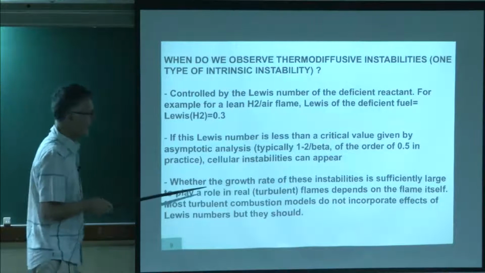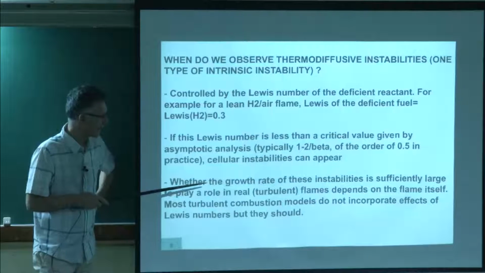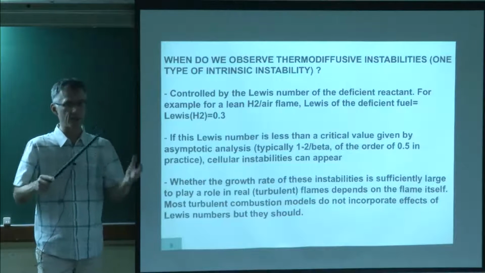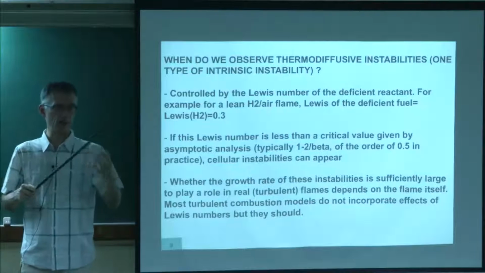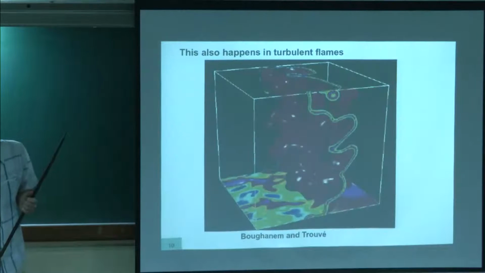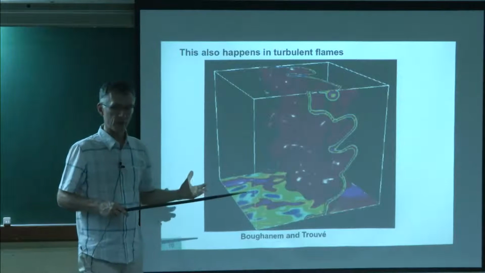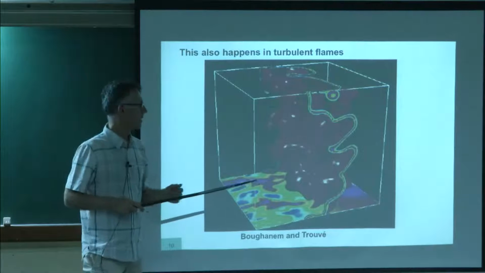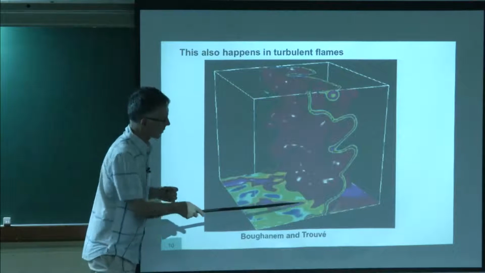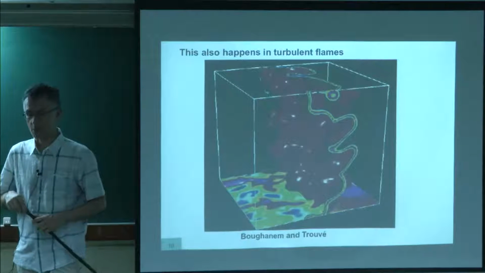I didn't talk about that in the turbulent combustion course, but it's quite likely that the formation of these cells interacts with the cells that we form in turbulent combustion. And so there are many cases where we believe that a flame like this one has more surface than it would otherwise, because some of these things here are due to instabilities, due to the low Lewis number of the hydrogen.